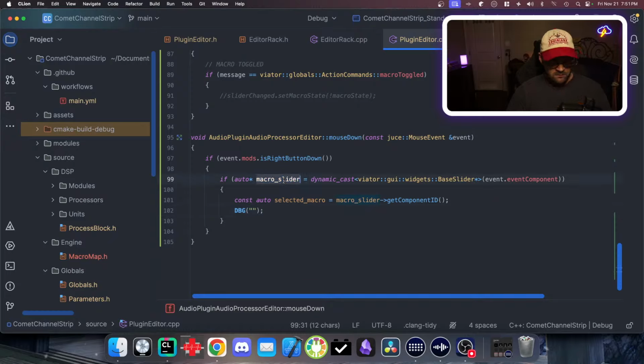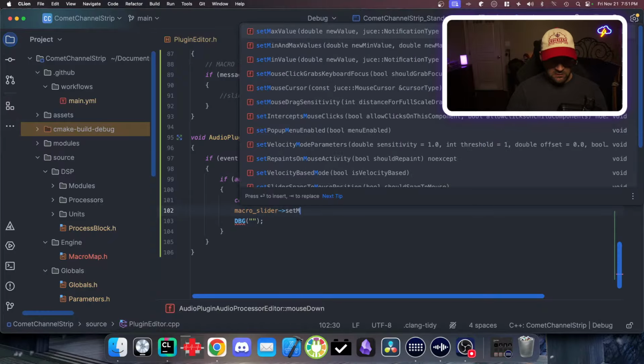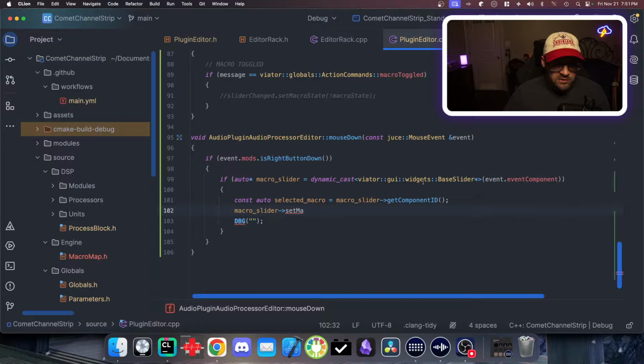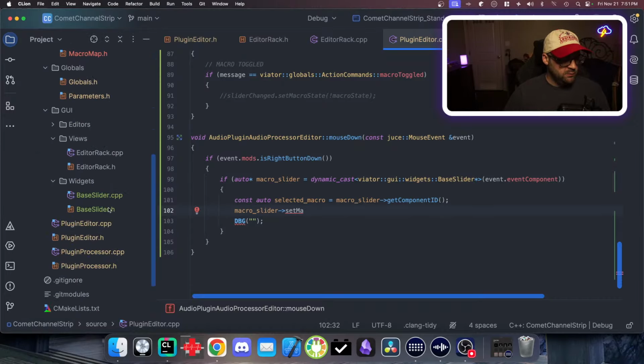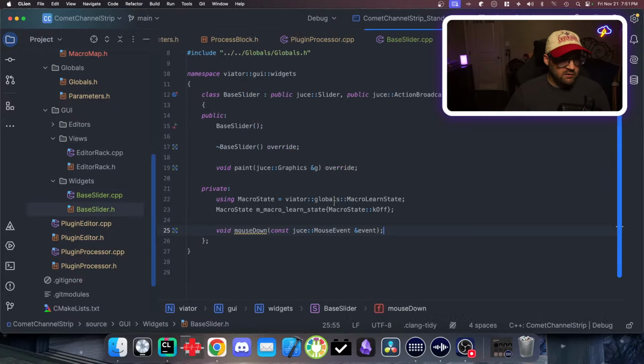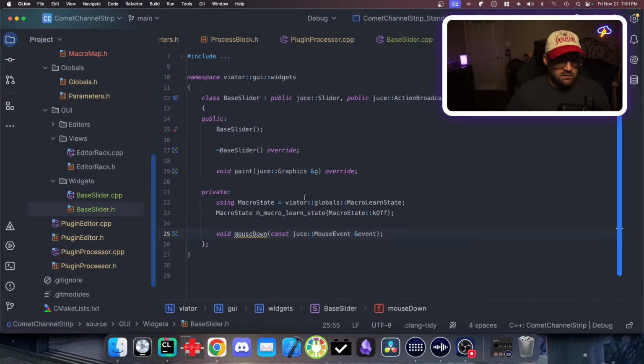So, let's do this. So the whole point, macro slider dot set, what is it, macro state? Oh wait, hold on. Let's see, it's base slider. So what did I call it in here? I didn't call it anything. I didn't make a